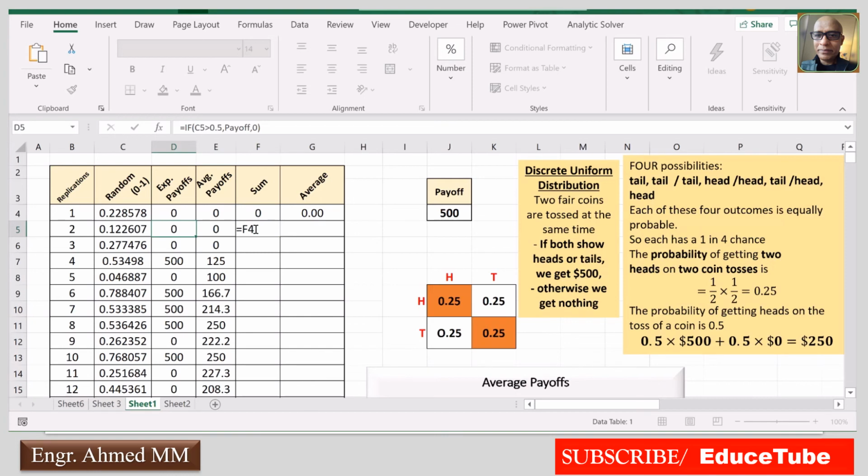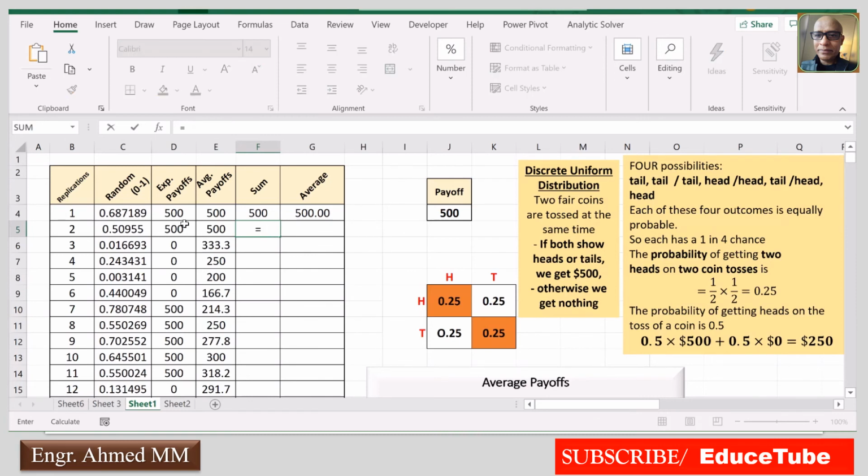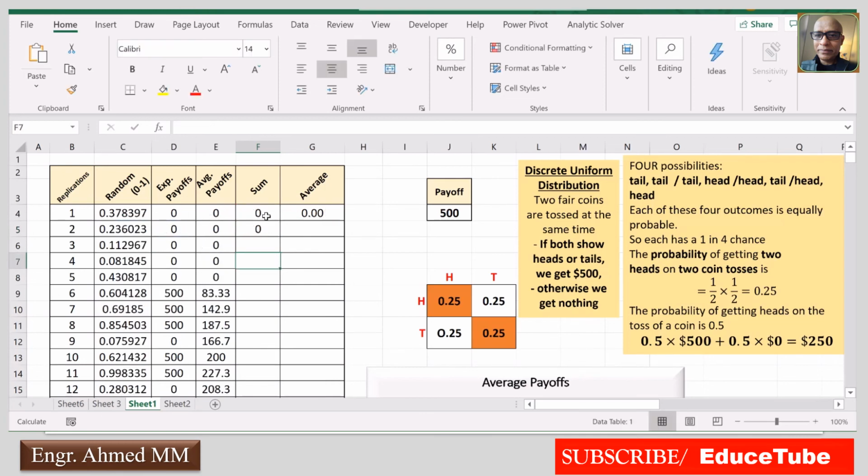First I took this. No, here I made some mistakes. So let me do it again. So here equal to, I have to click here and here. So here I will take this value plus this. Now I need this. So I got this. Look at, this is D4, but this one, it is D5 and this.